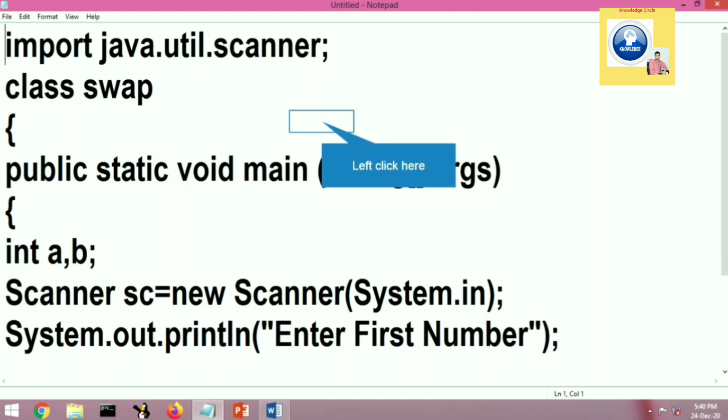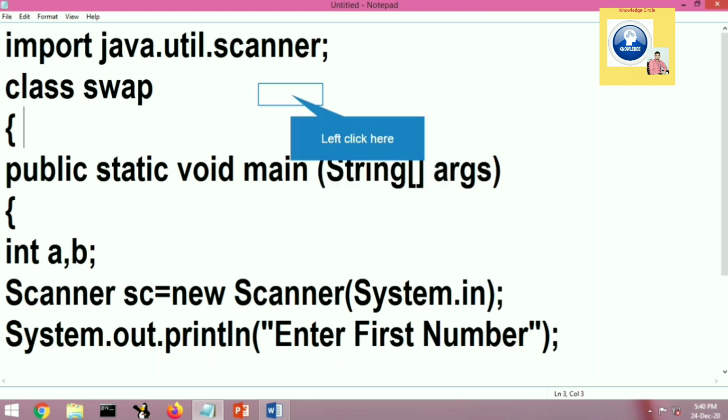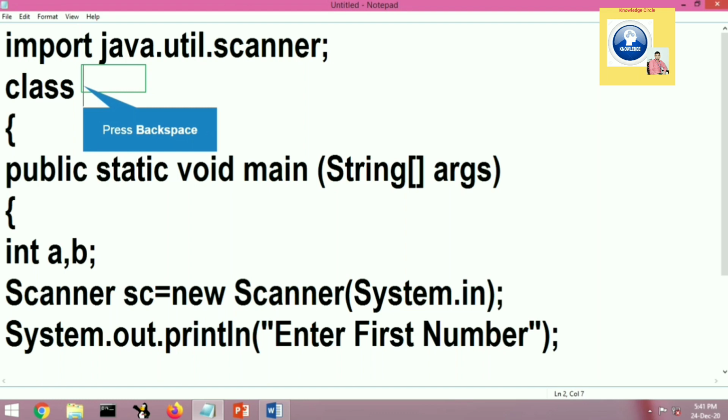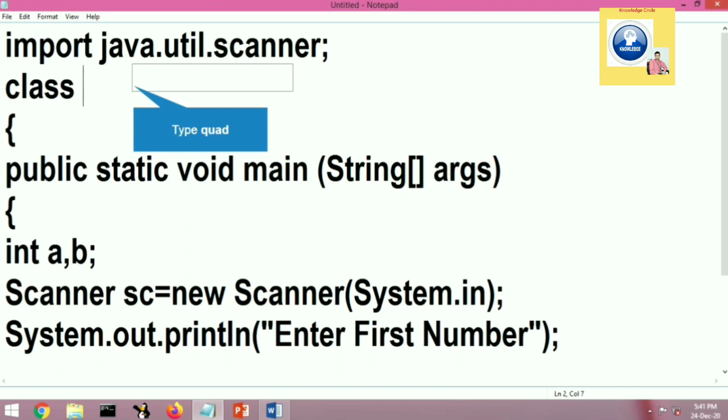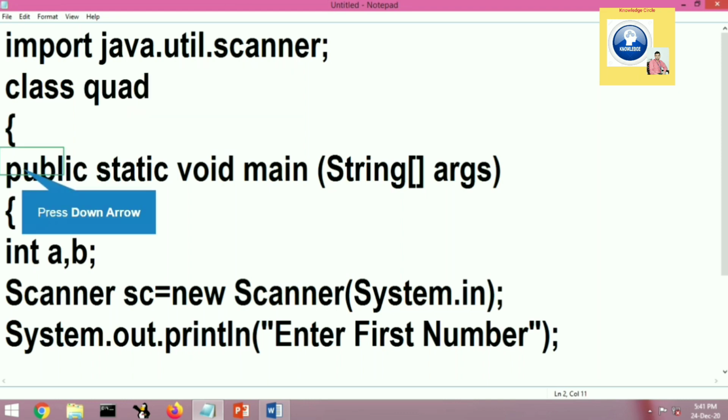Then after psvm, the main function, comes the declaration of variables. As you can see, a and b are already there, so we will write the next variable c, and then root 1 and root 2, and give the initial value 0 to both.